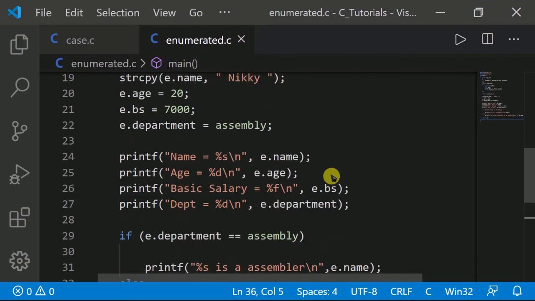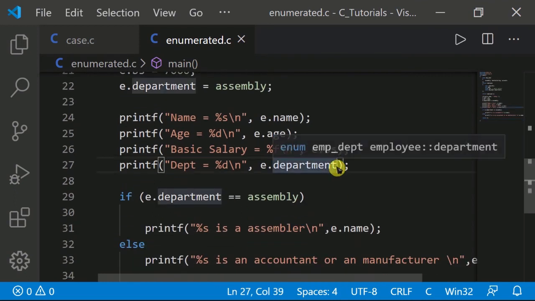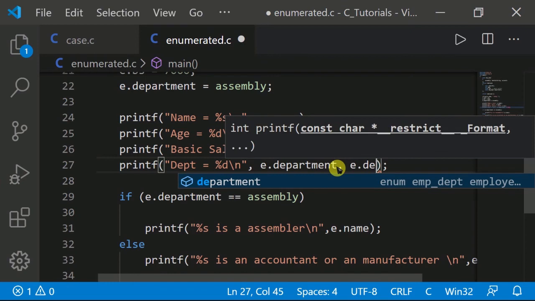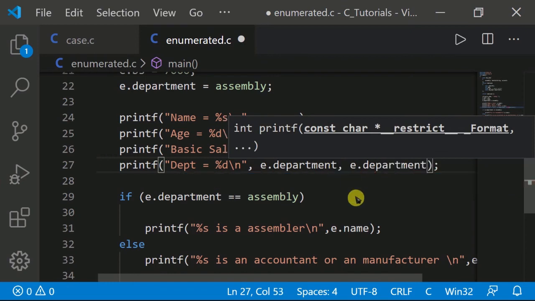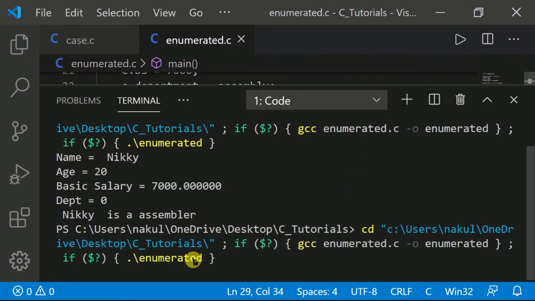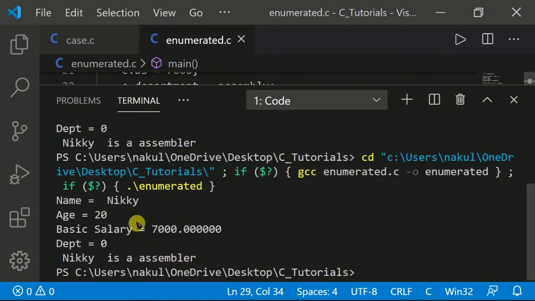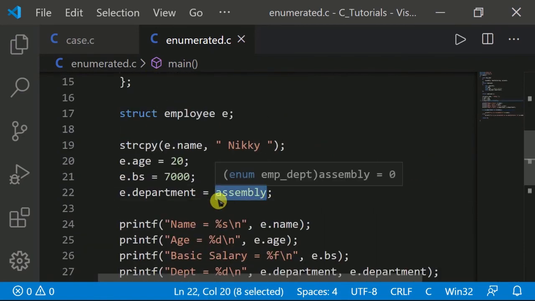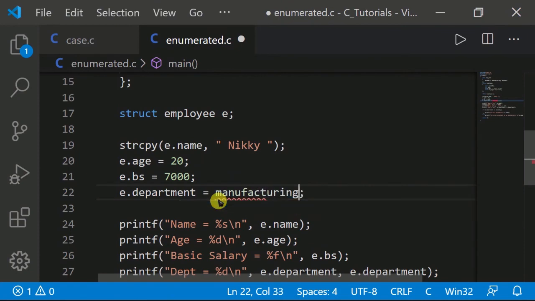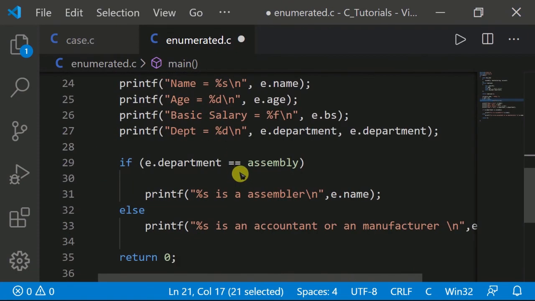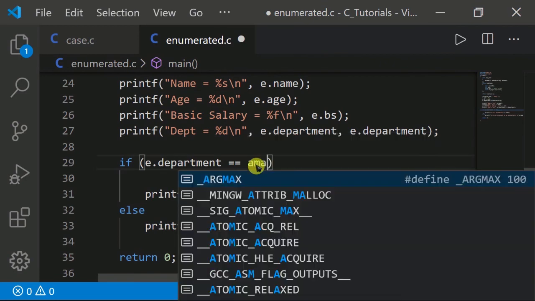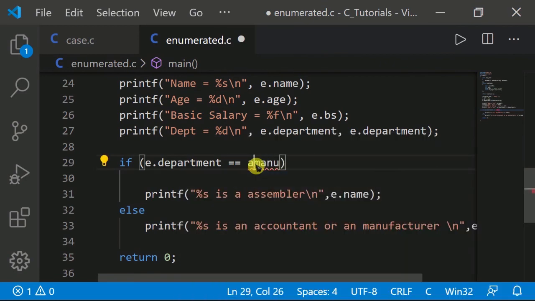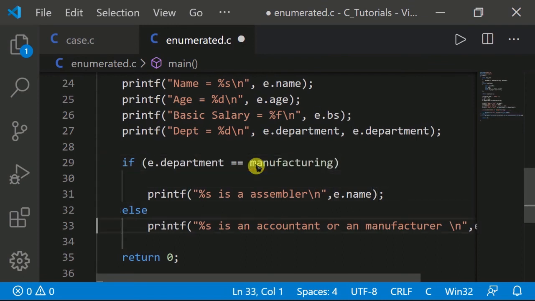If I use this e dot department here, let's see what changes in our output. There is no change in our output. So let me do it like this first. Manufacturing, sorry. And also here, manufacturing.